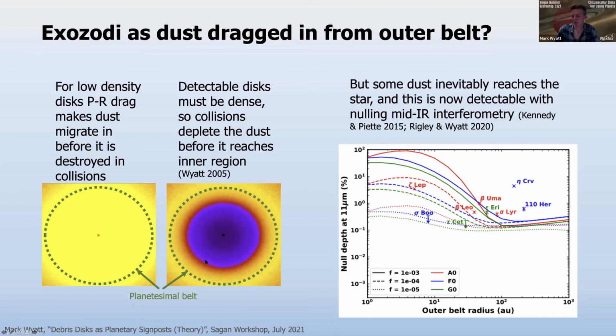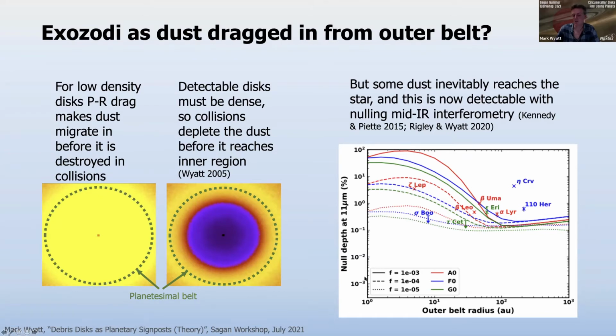But in the extrasolar systems where we see debris disks, these are necessarily very dense because they have to be bright enough to detect. And this means that the dust doesn't migrate very far before suffering a collision and getting destroyed. So you end up with these very cleared inner regions that we see. Now they might be cleared, but actually they're not completely empty. And the amount of dust that we get in this inner region is actually now known to be detectable.